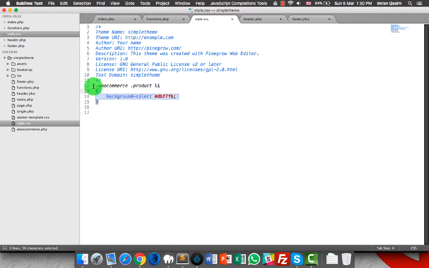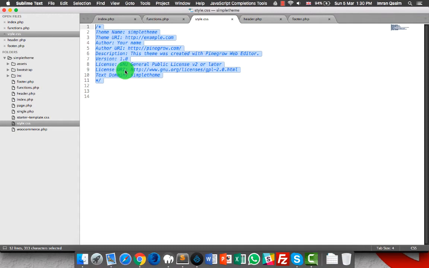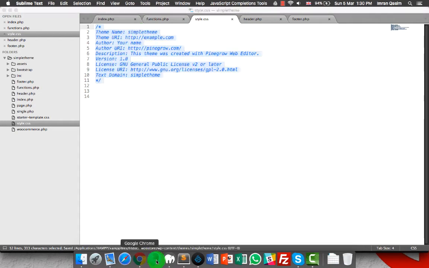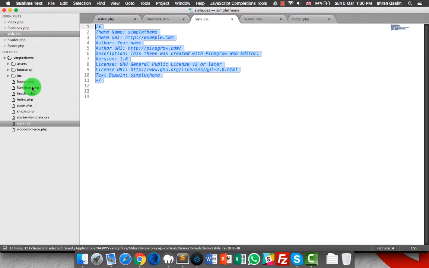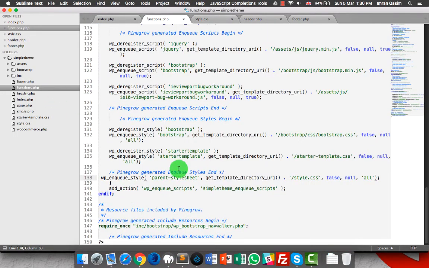Actually, this style.css does not need to be enqueued inside. We have to use these settings. Why it's not good to add this style.css in the enqueue is because it is not necessary, and it only requires these header files. Also, no one can see which theme URI you are using for your WordPress theme. So mostly people don't enqueue this parent